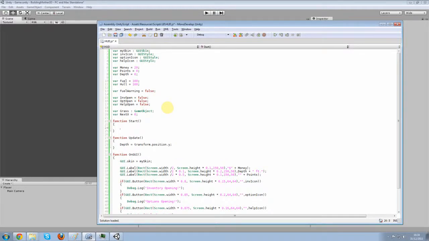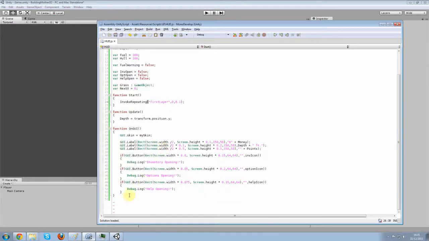And in this we're going to type in InvokeRepeating. Now I realize this is probably not the best way of doing it, but for now it works, so I'm going to do it. Call that one FirstLayer, and start at 0 and do it every 0.1 seconds. Now in a function called FirstLayer,